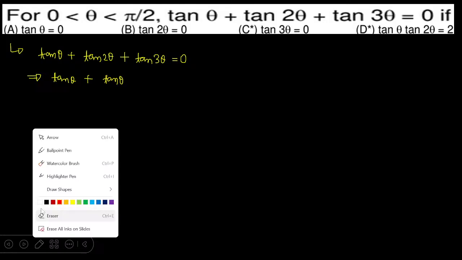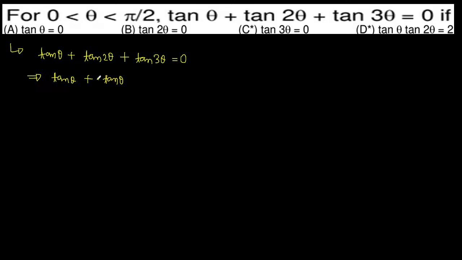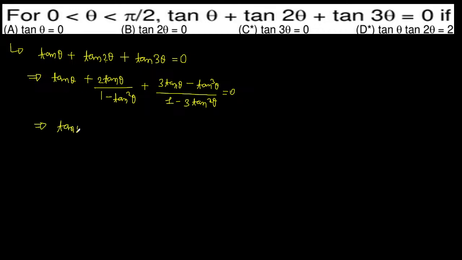मतलब दिस वुड हैव बीन एडवांस क्वेश्चन फॉर दिस कैटेगरी। लेकिन टेन टू थीटा होगा टू टेन थीटा, वन माइनस टेन स्क्वायर थीटा, और ये एस वन माइनस एस थ्री है, ये हम लोगों ने किया है। एस थ्री में तो हमें एक एंगल थीटा पता है, दूसरा एंगल थीटा पता है, तीसरा एंगल जीरो पता है, तो ये जीरो हो गया। तो एस वन मतलब तीन बार टेन थीटा ऐड होगा, तो एस वन माइनस एस थ्री तो सब सेम है, और वन माइनस एस टू, ये इक्वल टू जीरो है। अगर हम टेन थीटा कॉमन ले सब में तो ये बचेगा वन प्लस टू अपॉन वन माइनस टेन स्क्वायर थीटा